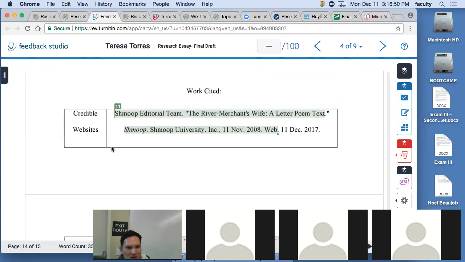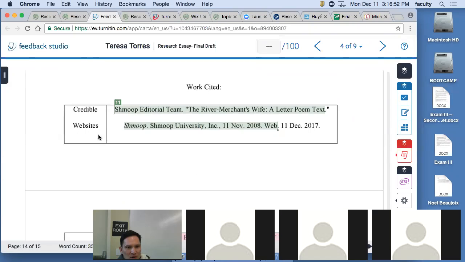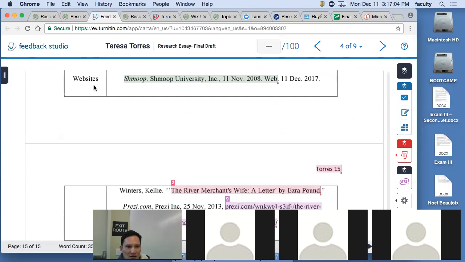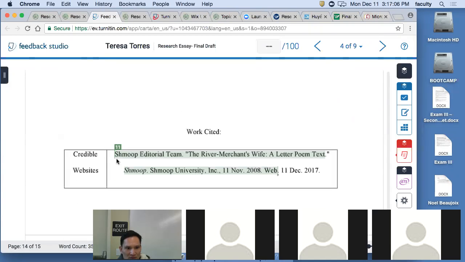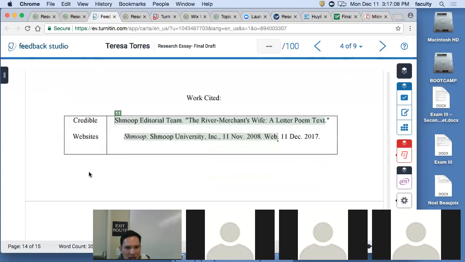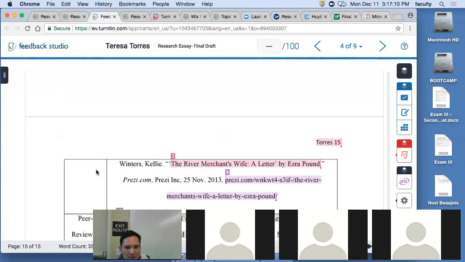Then there is no table. The works cited page needs to be on its own page. So you need to put this on its own page, and you need to take out the table, okay, and